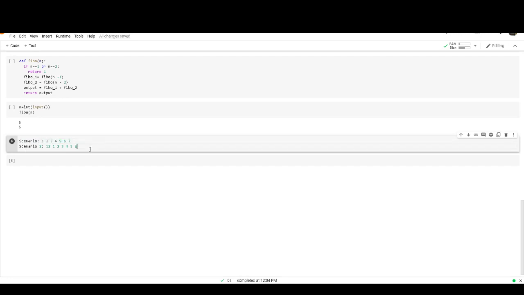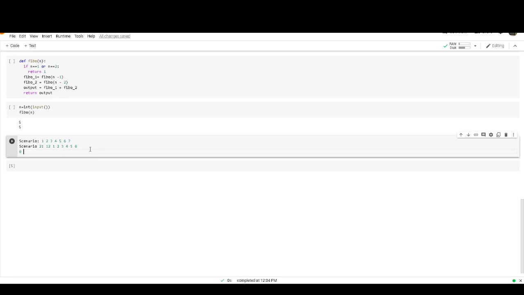If the length is 0 or 1, it should return true, otherwise false. So this will be the first base case.